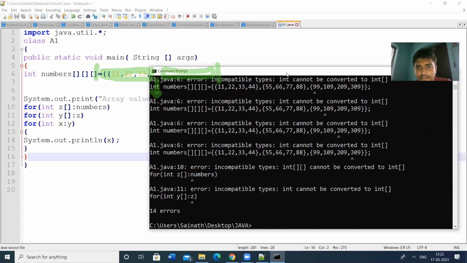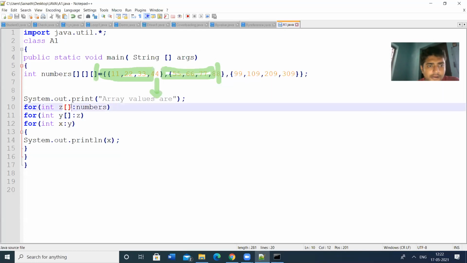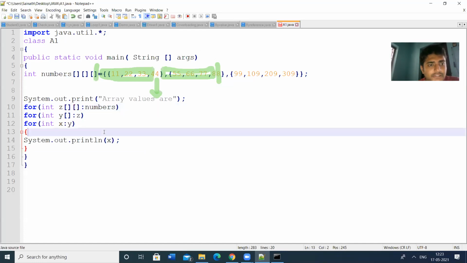For three-dimensional arrays, incompatible type. I think I have to give two dimensions and here one dimension. Let us check this.